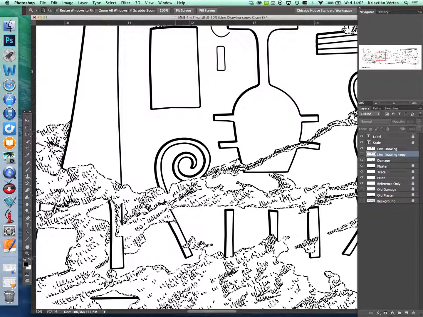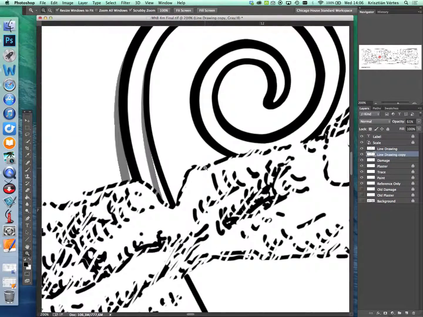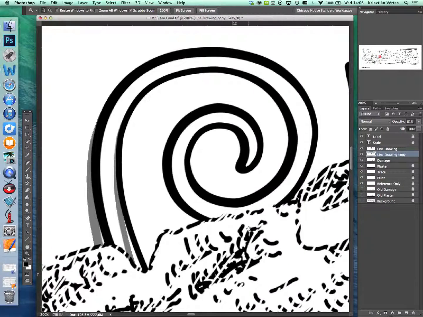In this tutorial, I'm going to show you how to change a line's orientation by using the Puppet Warp tool in Photoshop CS6. As you can see in this drawing, there is a slight misalignment on this hieroglyph, and this upper portion, according to the collation, needs to be changed a little bit to line up with the lower portion. So I'm going to zoom in quite a bit to carry out this